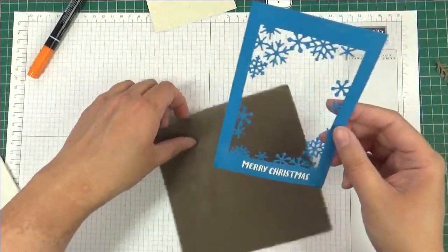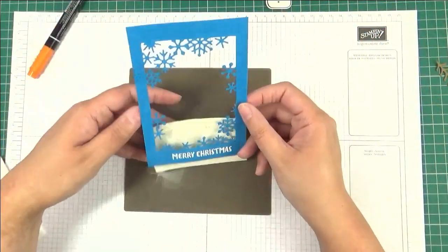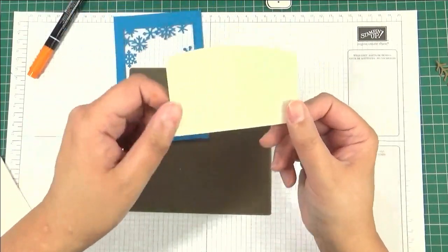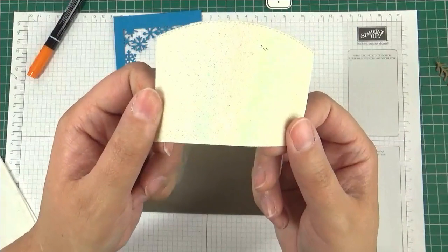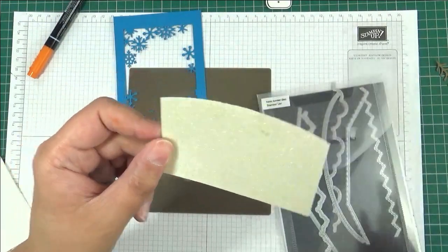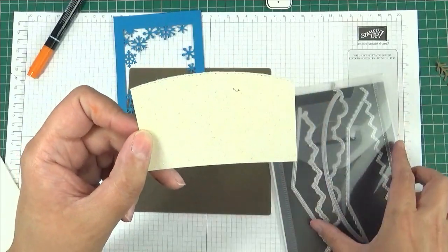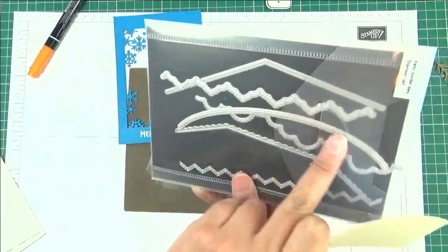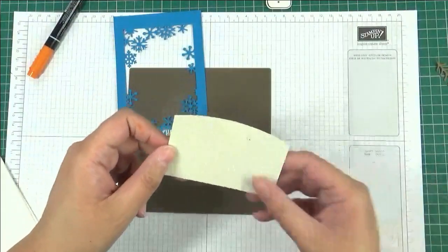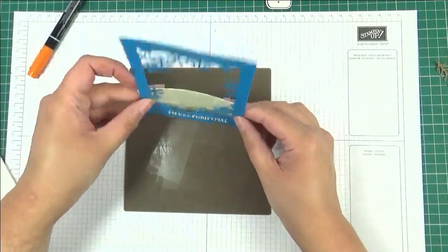Now we have here our base, and I cut here out of the glimmer paper. This is the glimmer paper. I don't know if you can sort of see the shine there. I cut out this slope using this basic borders die, and I use this one here from the basic borders die, and I'm just going to stick it behind our